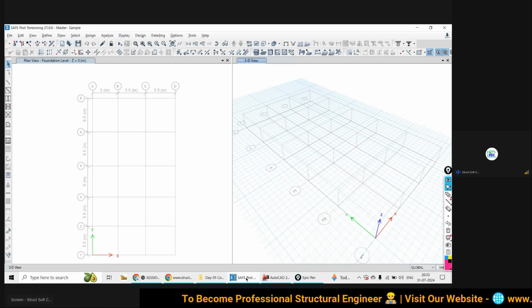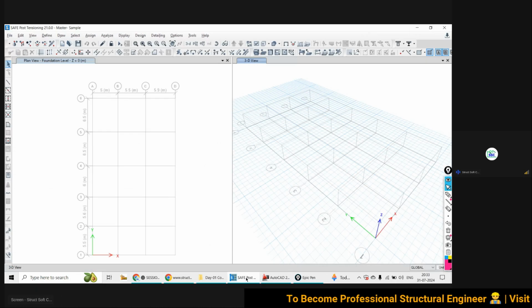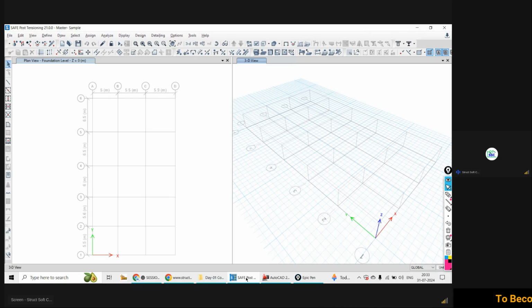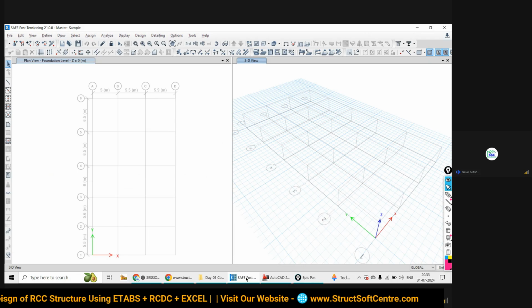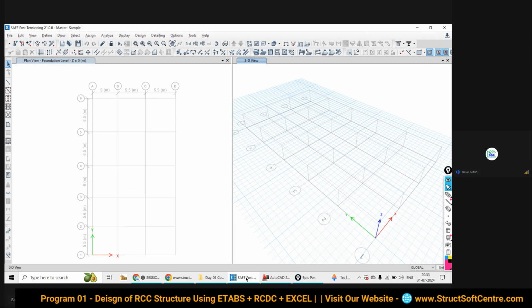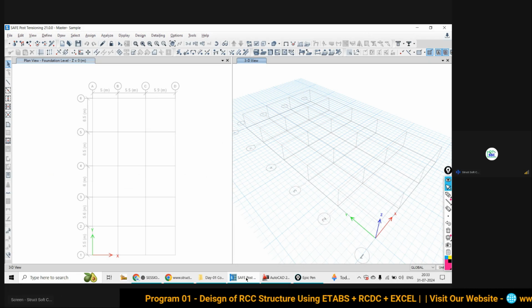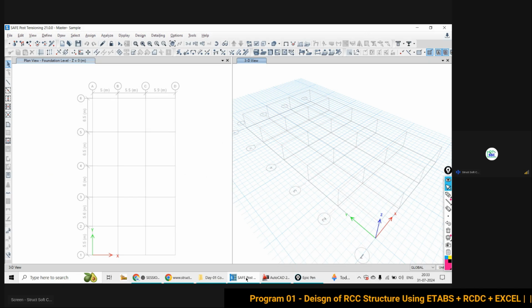If you look at the superstructure, there you are going to model the beam, column, slab, shear wall, all the elements. But when we talk about the substructure, we are not going to model the soil, we are going to idealize it. I already gave that explanation, so I will not repeat it.